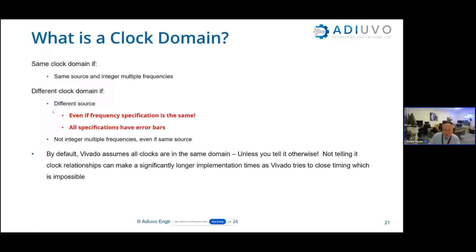Now, to help us do that clock domain crossing, we should put this in before we try to do any timing closure, which is why I'm mentioning it in this webinar. We should try to understand our clock architecture, our clock design, before we move forwards, and make sure we put the right structures in place. After you've run synthesis, in the Tcl script, if you're not sure about clock domain crossing in your design, you can type in report CDC and it will report the clock domain crossing,